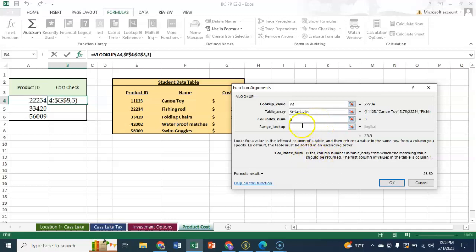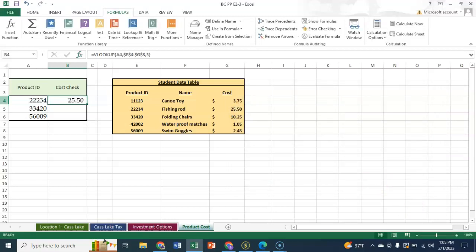Don't worry about the range lookup argument. It will default to true and find the closest match. So we click OK, and the result of the calculation is in B4, and it's 2550. And then we're going to copy that formula to B5 and B6. So there,